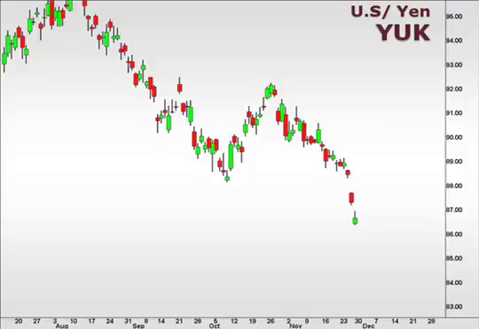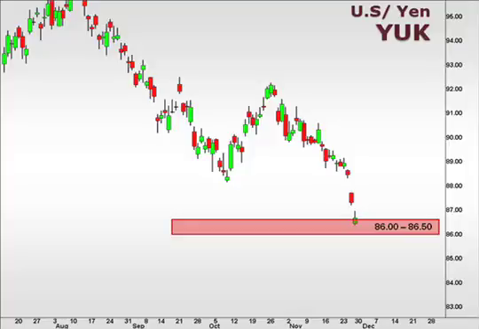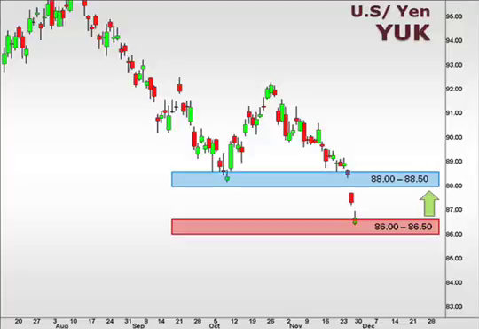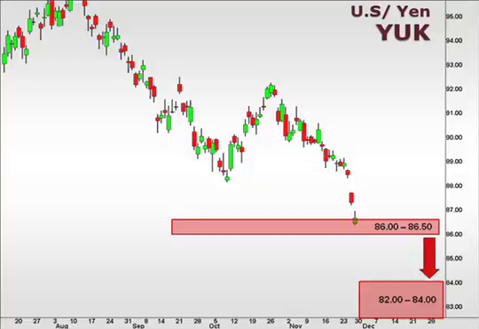The US dollar continues to slide against the yen as seen here in the ISE FX options pair value YUK. Now this 86.5 focal zone reflects a measured extension and some consolidation here is anticipated. A natural retracement may yield a retest of this 88 to 88.5 range, which now becomes overhead resistance. With the path of least resistance continuing to be to the downside, the next move brings the 82 to 84